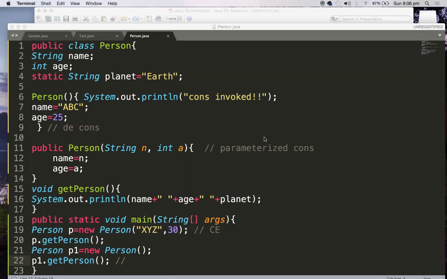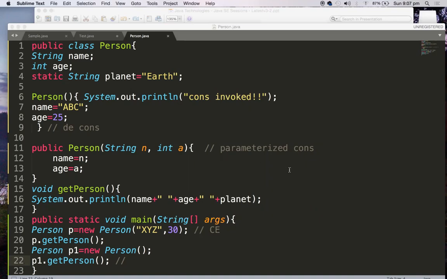The compiler will supply you a default constructor if you are not writing any constructor. If you are writing any constructor, then the compiler will not supply a default constructor. And constructor overloading is possible as long as the constructors differ in their order, type, and number of arguments. Here the person constructor has no arguments, here two arguments. You can have n number of constructors in a single class.